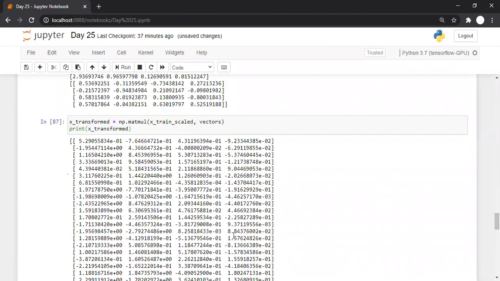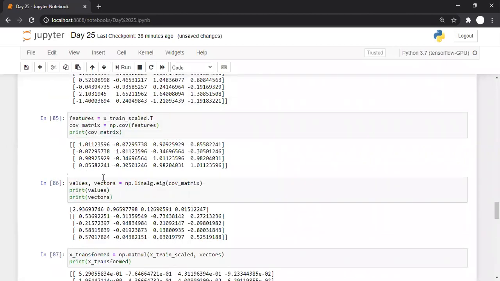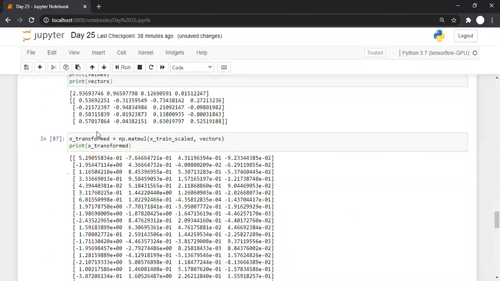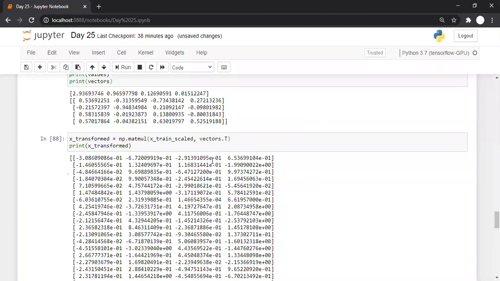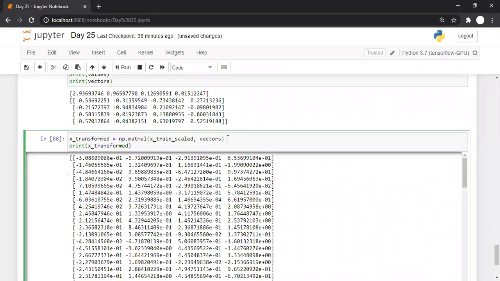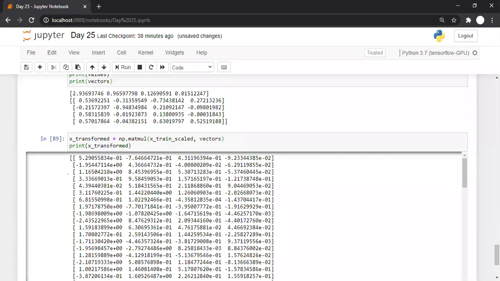So this is the value. But now there is a question. Have I applied it properly? Or I should do something like this? So what is the correct way? Should I multiply with vector dot t, or should I multiply with only vector? Yes, class. So first of all, forget about this vector dot t or vector. Right now, stick to this only. Any doubt till this point? So any doubt in steps?